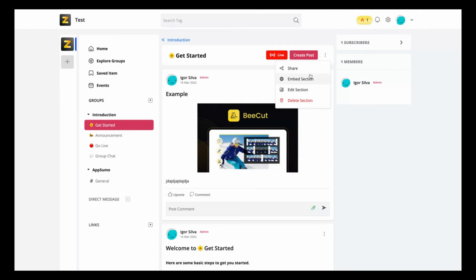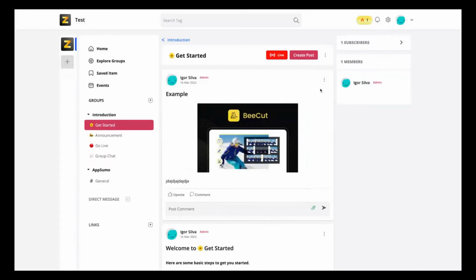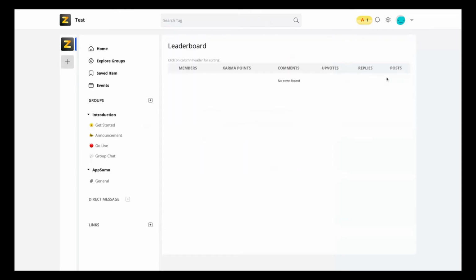You can embed, for instance, only the section, only the post, okay? And UUKI, you need to embed everything. All right, you don't have that flexibility to add, for instance, only a post. You can also manage the communities easier on Pencil. Clicking here, you can add a new community and then change the communities on the left on the click of a button. You have also gamification on UUKI, but I think it's easier also to do it on Pencil, and it's easier to see it.